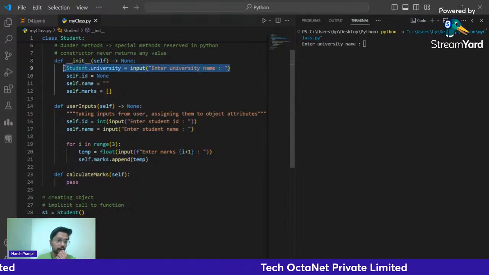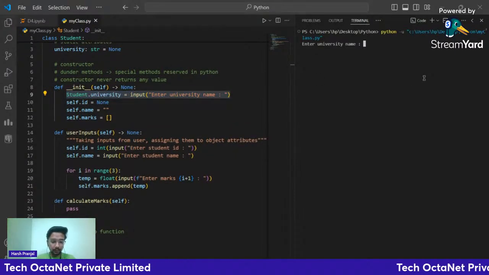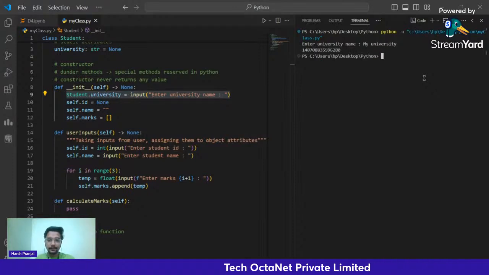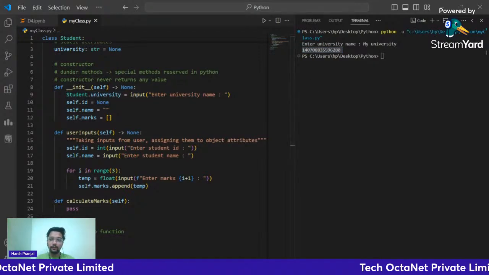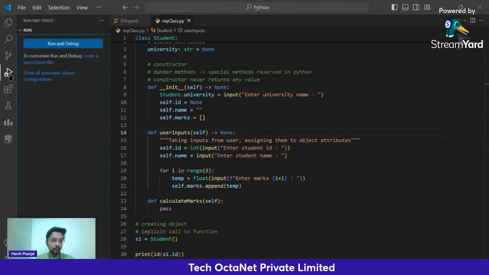So that is not right. You should only enter the university name once, right? So we will fix that one. See, the ID is there. It means that the memory location is allocated to this s1.id. Okay, if the debugger will work,